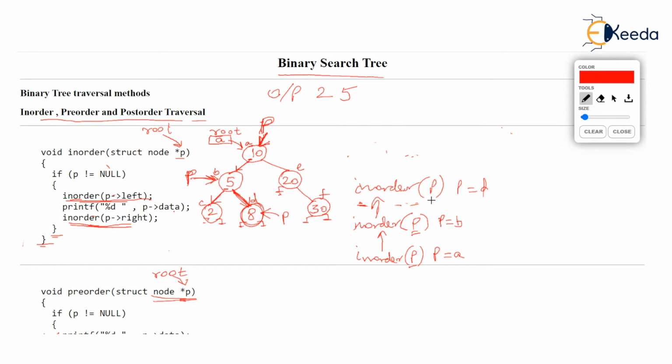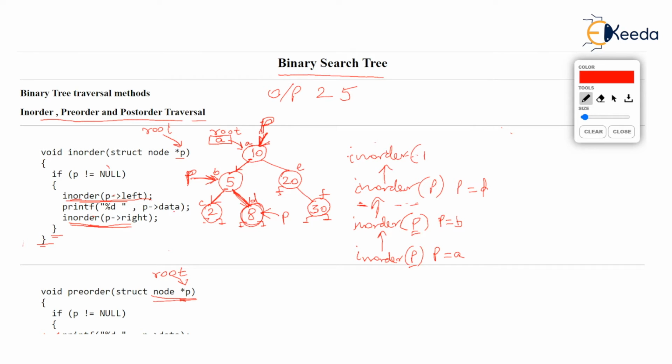Okay, let's run this. With inorder(P), P pointing to 8, run this function, you will see P is not null. Obviously, because P is pointing to 8. Observe the picture. And P is storing address D. So P is not null. Then you will go inside the if and you will call inorder with P->left. But what is left of 8? What is P->left? P->left is null. It means we are calling inorder literally with null value, and null value will go in the parameter P. So inorder(P) with P at D has called inorder(P) with P equal to null.